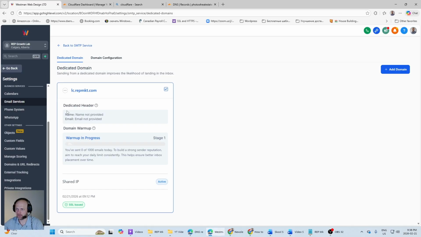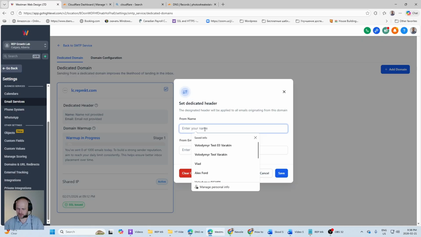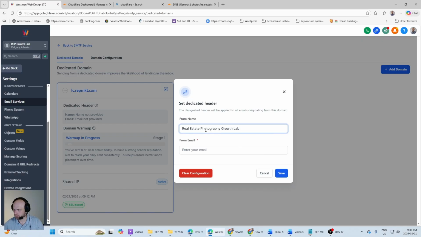Okay, so what we have to do is dedicated headers. We have to set up the name and email. So here's what we're going to do. You click on these three dots and click on set headers. And we're going to say, in my case, my spelling is really bad, so sorry guys, Real Estate Photography Growth Lab. And from email, that's going to be hello